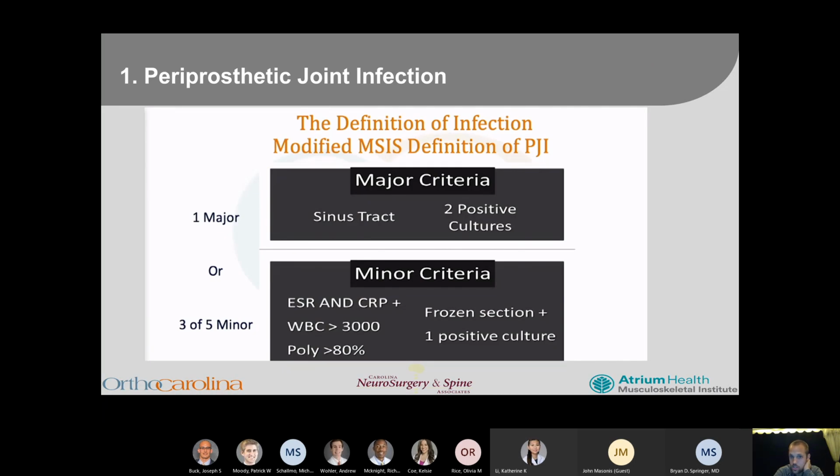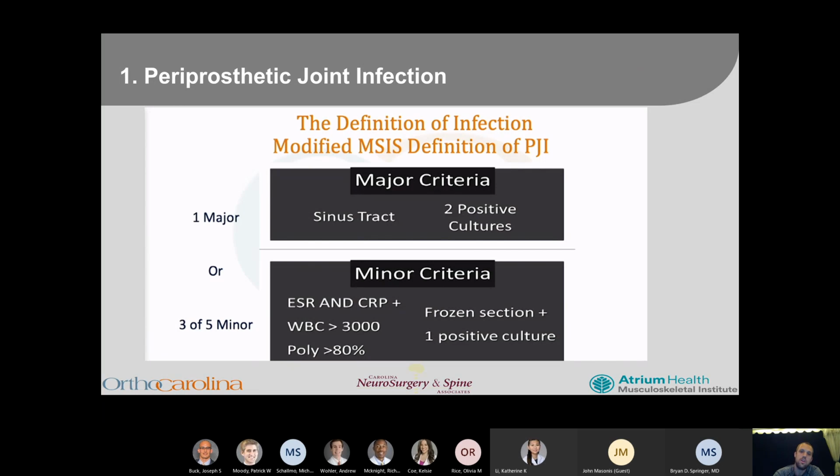So MSIS criteria is definitely worth memorizing for the test. One major criterion, so if they have a sinus tract, if you are in clinic looking at their prosthesis, they are infected, or 2 positive cultures is automatically in the infection category. And then for the minor criteria, they've got to have 3 out of 5. So ESR, CRP, white blood cell, polys, a frozen section where they will ask you how many cells a pathologist saw per high-powered field,